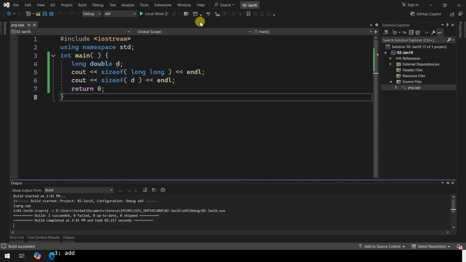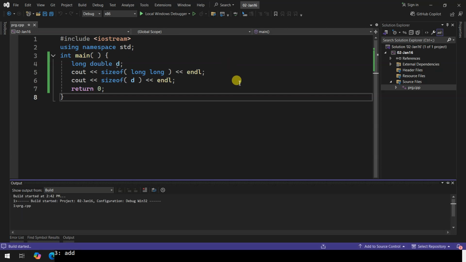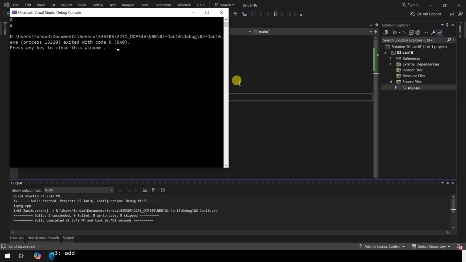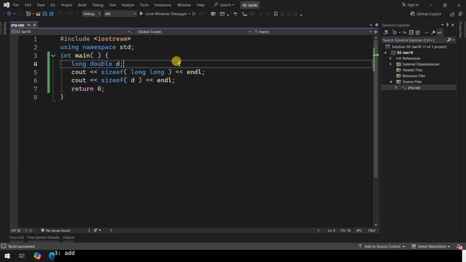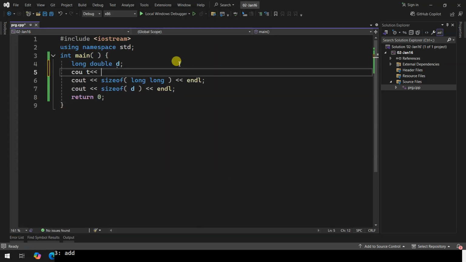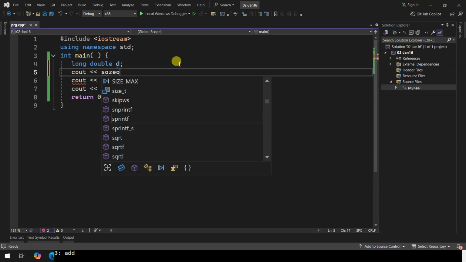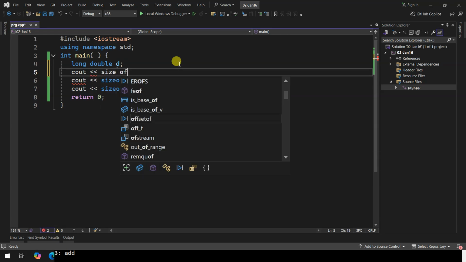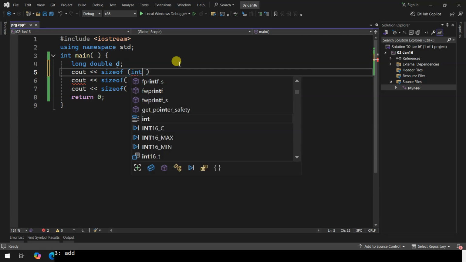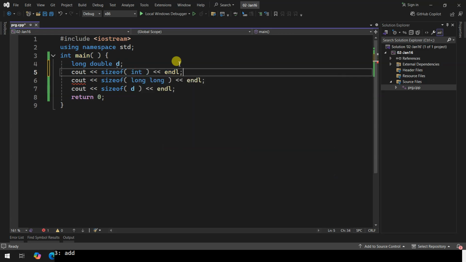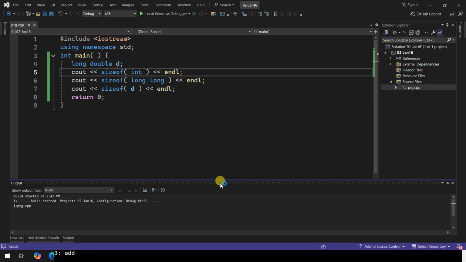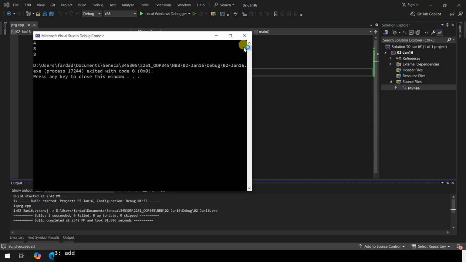Now, depending on what the thing is, let me see if I can actually, I think that's going to work. Still 8. I want to try something. That's 4.